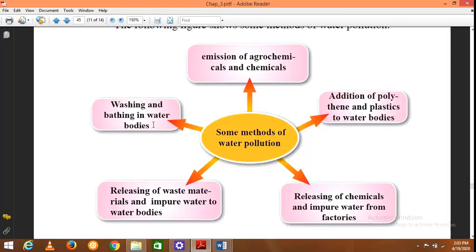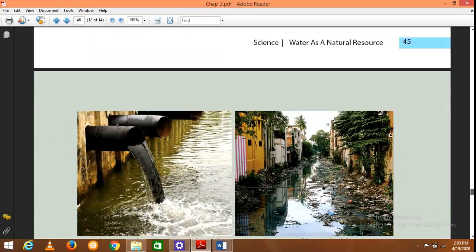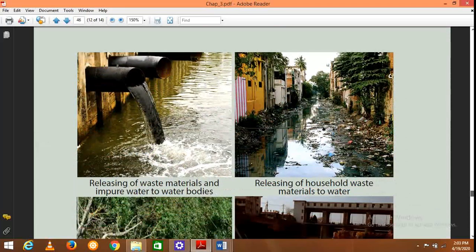And from ships also, certain oil as well as waste materials are added into the ocean, and recently we know that the ocean environment is highly polluted because of the release of all the waste materials into the ocean. So this is a very pathetic condition, and we have to avoid all these methods. We have to conserve, otherwise the environment will give us a huge punishment in the near future, because we are